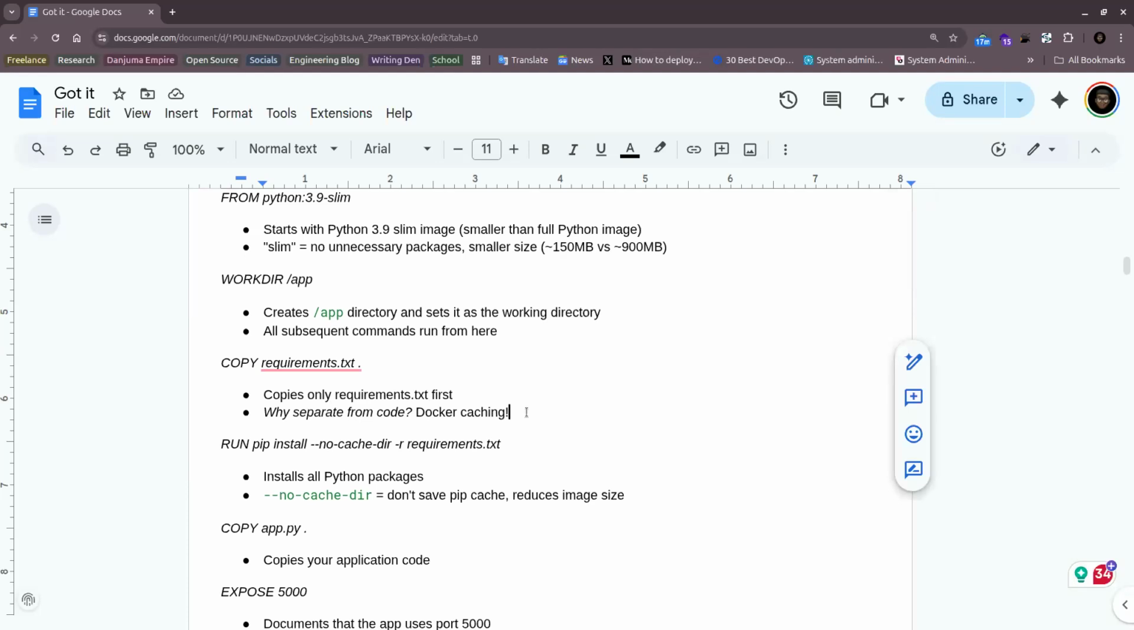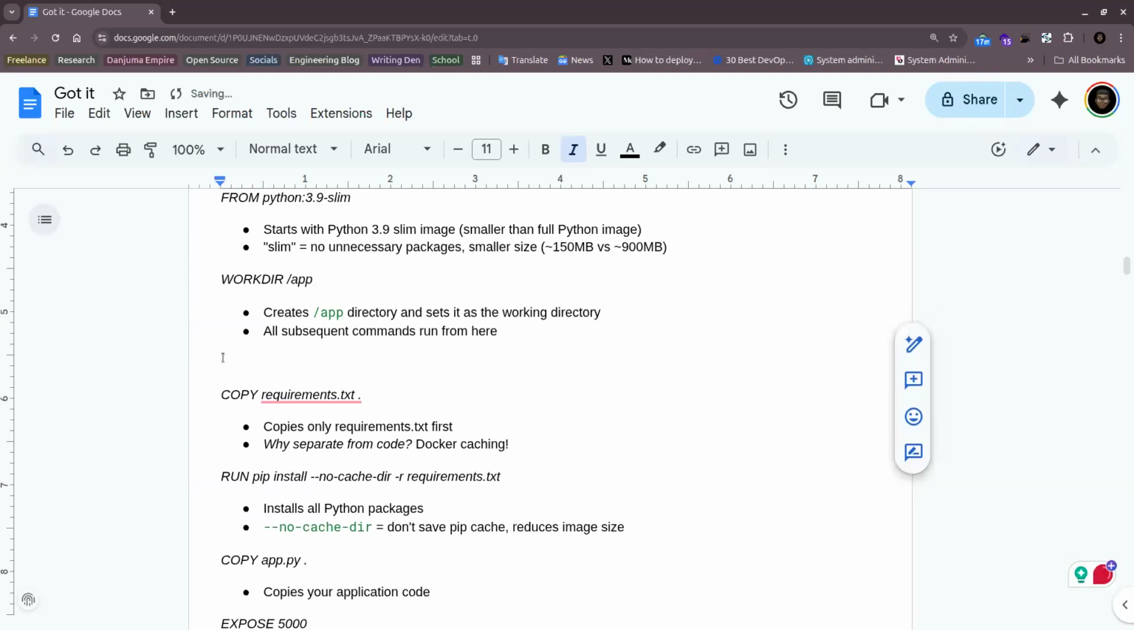So let me just try to explain this. When you are writing your Dockerfile, the best thing to keep in mind is, don't copy your application code before this, or use the same command for them. For example, now, if we use